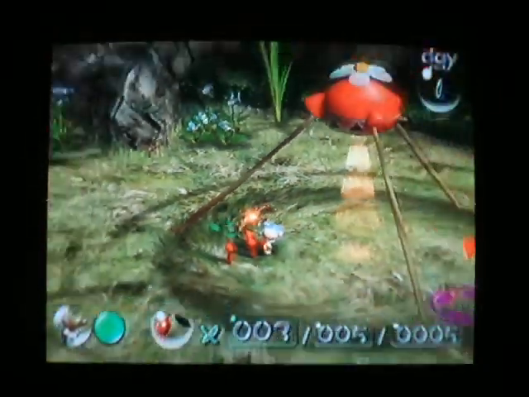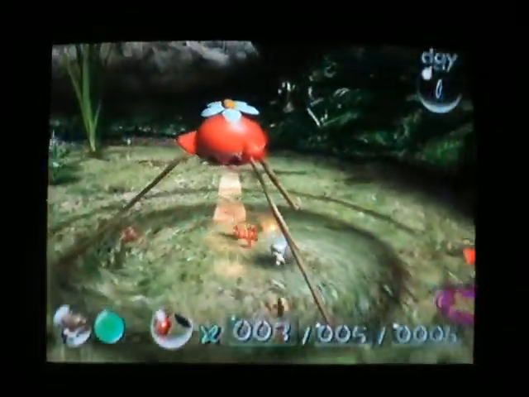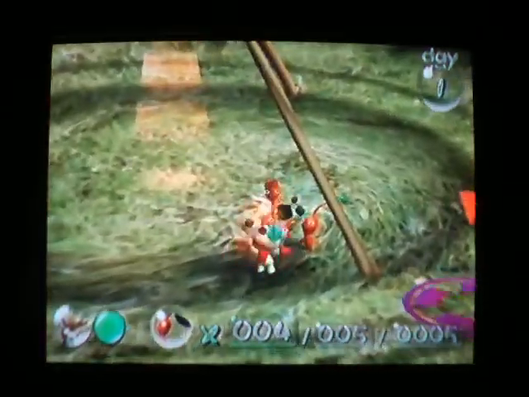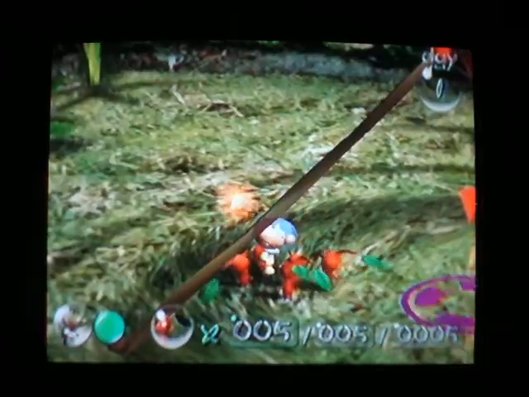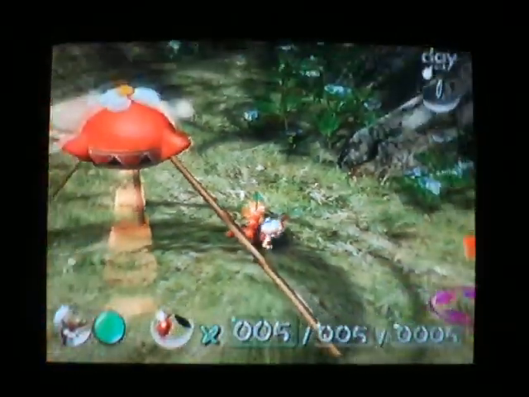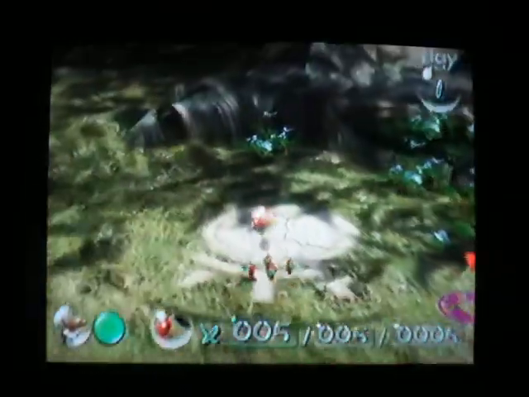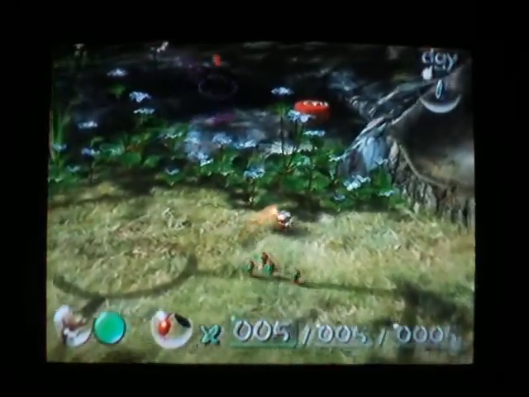Now, here's another important thing. You only get 30 days on this planet until the game's automatically over, and there are 30 ship parts you have to get. Now, the first day has infinite time, but on the other days, you'll have 13 minutes. Let's see. I have 5 Pikmin with me, so...